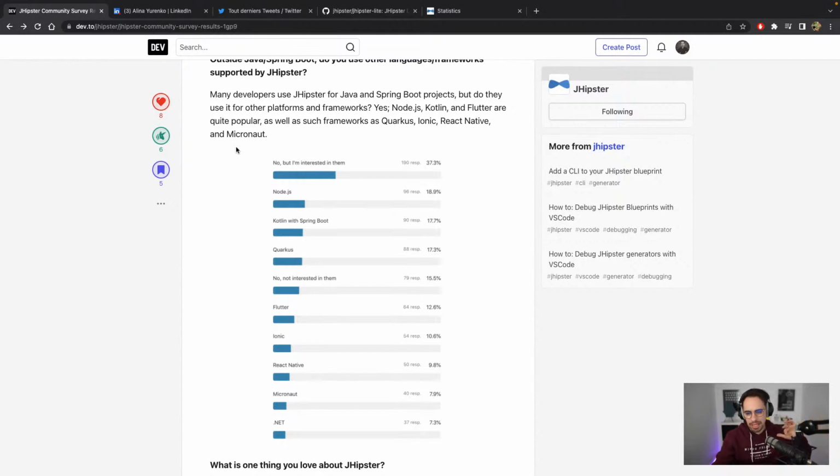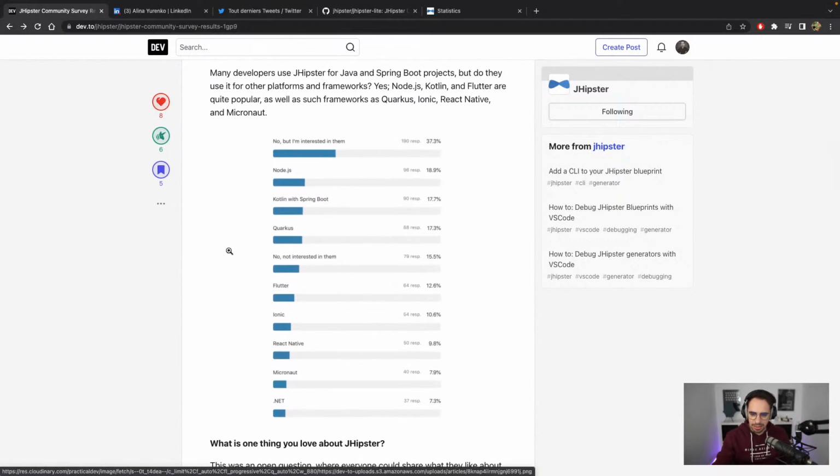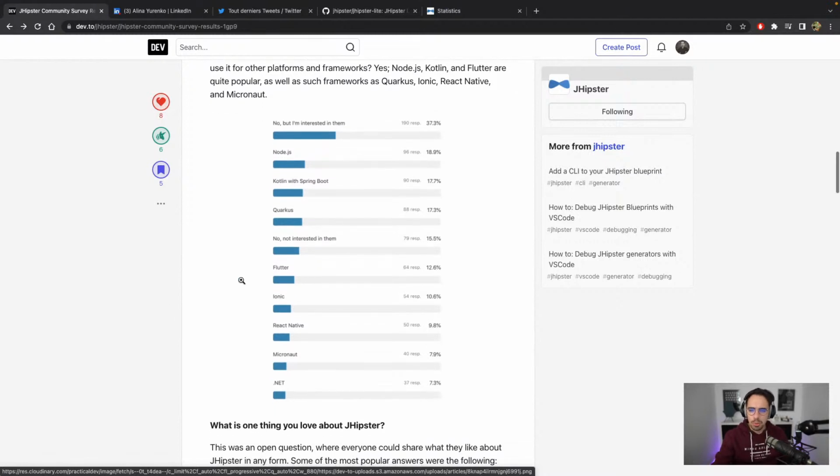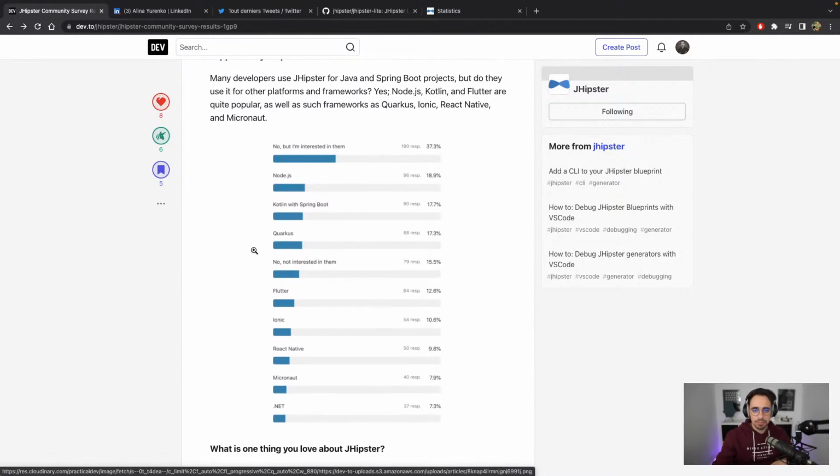Yeah, I'm talking about backend, but we also have solutions for front end, such as Svelte. Is React Native? I'm not sure. Flutter, I think. Yeah. Anyway, we have solutions. So the thing is, 37% of people could be interested in using Gypster. That means we can extend the Gypster experience from Spring Boot to Node.js, Quarkus, Kotlin, Ionic, React Native, Micronaut,